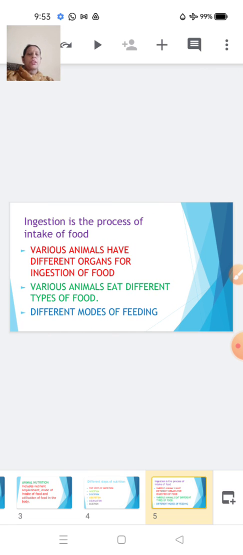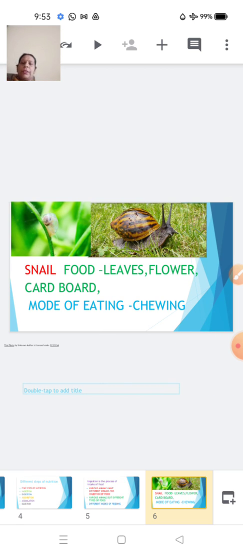Ingestion is the process of intake of food. Various animals have different organs for the ingestion of the food. Various animals eat different types of food and hence they have different modes of feeding. Children, as you know,